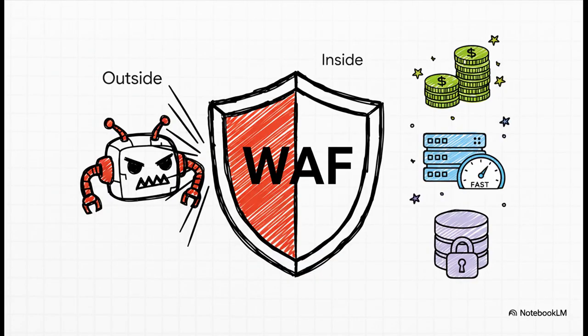But why does this matter so much? Why is placement so critical? Well, think about it. Any threat that gets stopped at the front door never even gets inside. That means it never gets a chance to consume your valuable resources, run up your bill, slow down your performance for real users, or get its hands on your data. This is how you save money, protect performance, and keep your apps safe. It's all about stopping them at the edge.